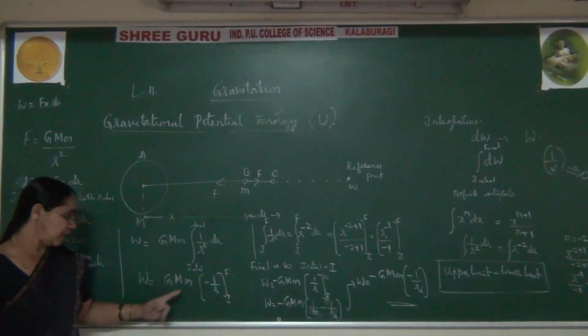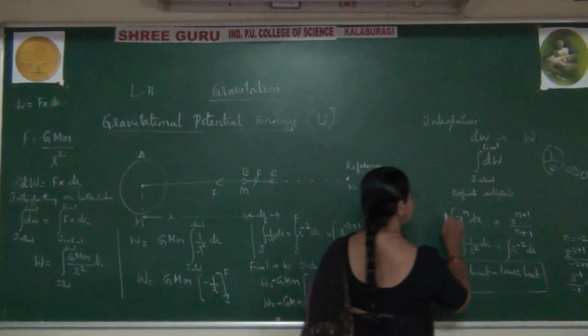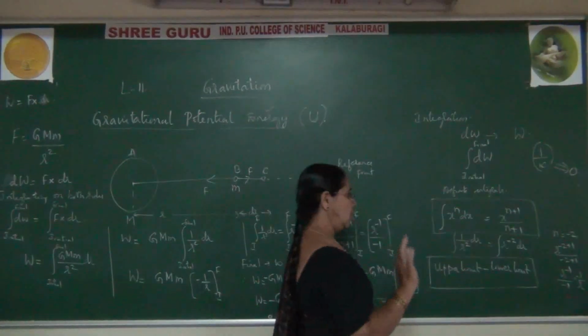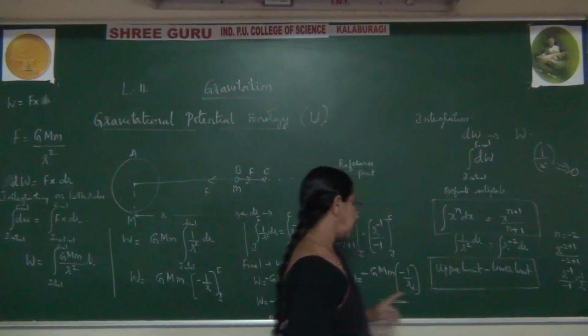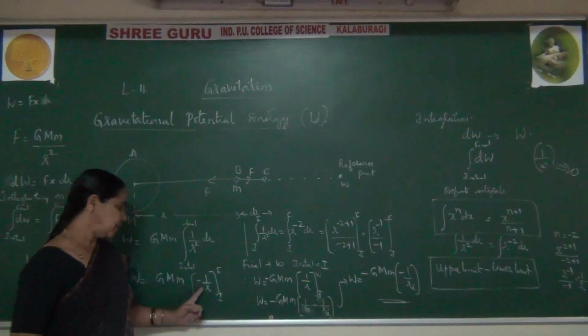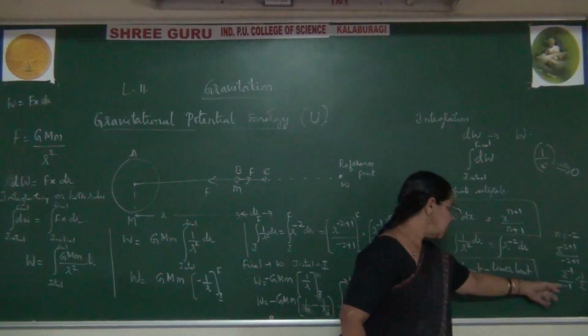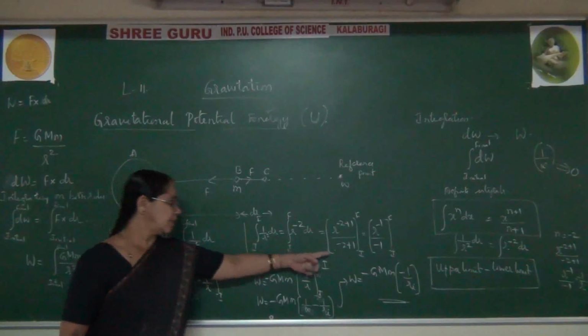To integrate this I take the help of this formula. You should remember this formula, you need not worry about anything else. This you learn in mathematics. If you remember this, you can write it here like this. We get this answer by the help of this formula. We reduce it like this, and finally we get this answer.